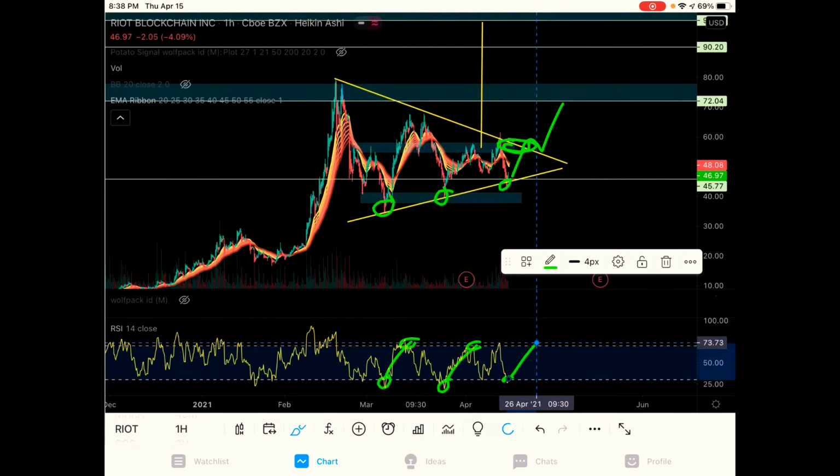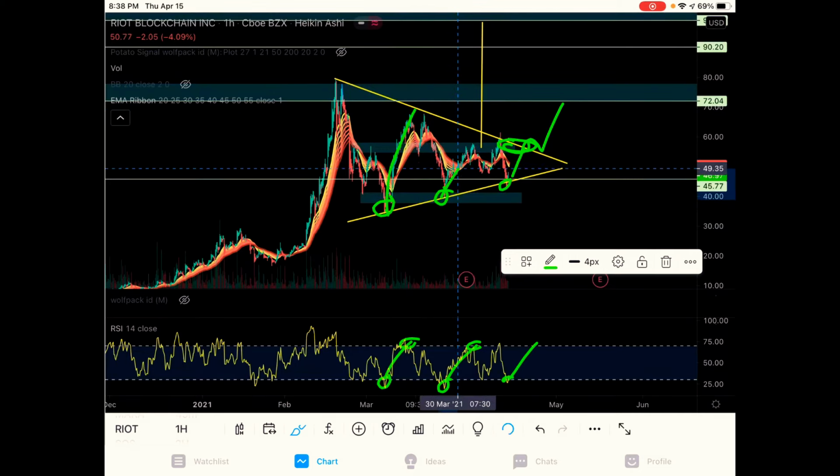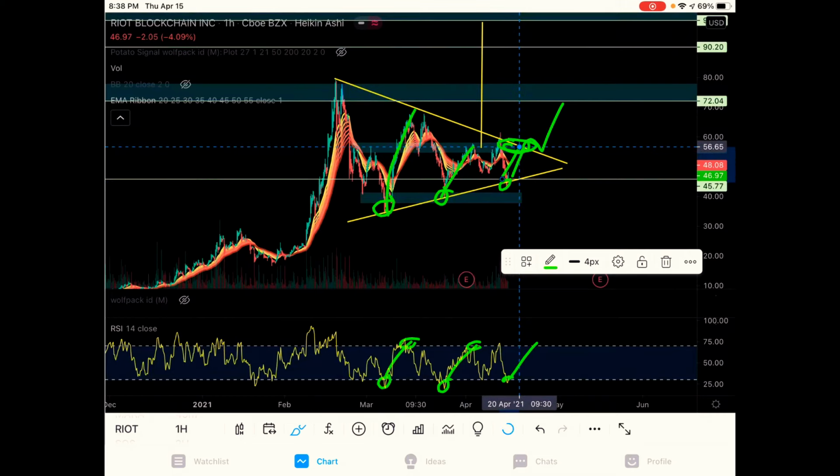So we can expect the same move to happen again, because time and time again, we moved up from the low 30s up to $70, right? 30s to 56, and then also here at $44, and we could have a potential move up to the $56 before finding resistance. So RIOT is still looking intact, super oversold, which a lot of these Bitcoin miners are,